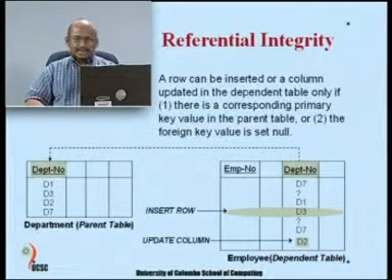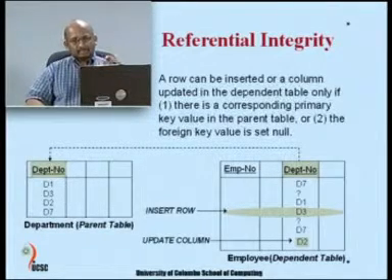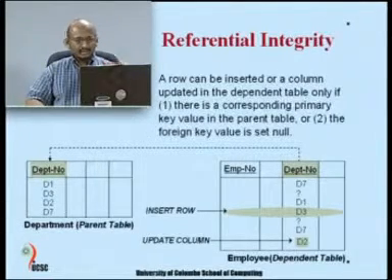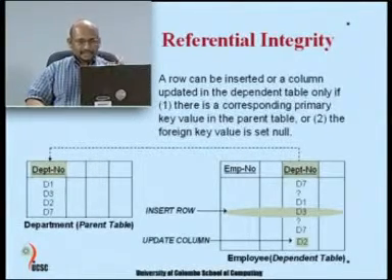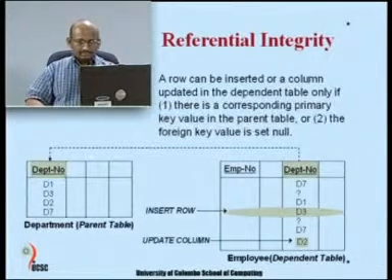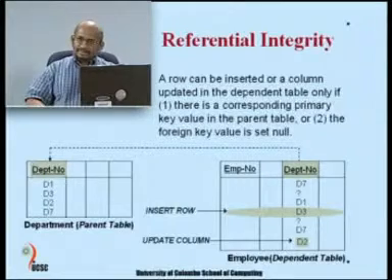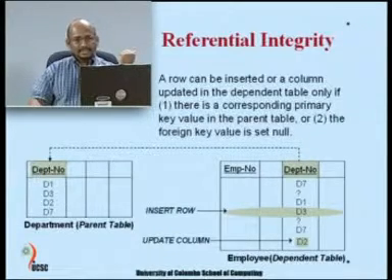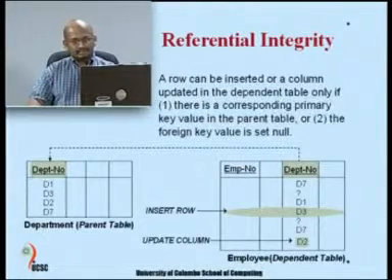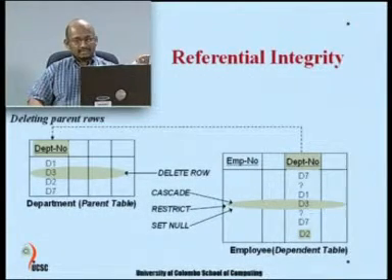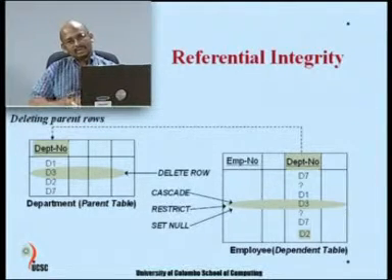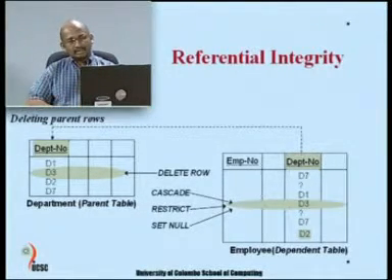For the row highlighted under employee, if we enter an employee and assign him to department D3, then it will check whether that D3 is already there. Similarly, if you want to update something, it has to be updated to some value which is already in the other table, or you can set it to null if you want, that does not matter, as long as whatever values you put match the corresponding table.